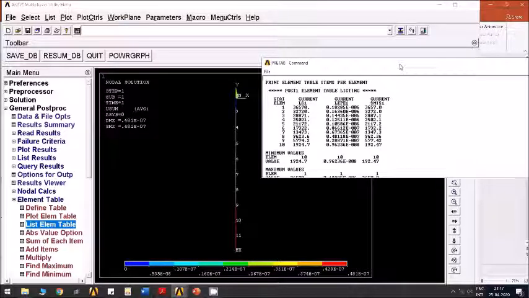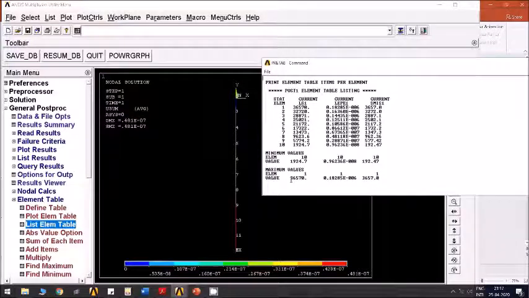You can see that stress maximum is 36,570 Pascal, Newton per meter square, and this is the amount of load that is applied on element 1. Element 1 is here.